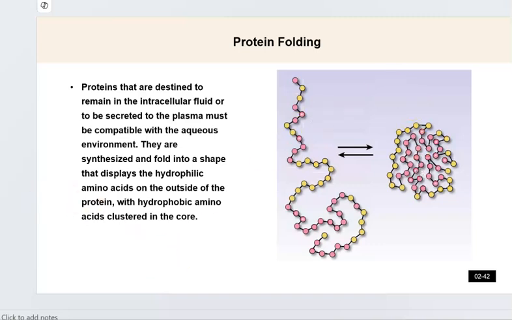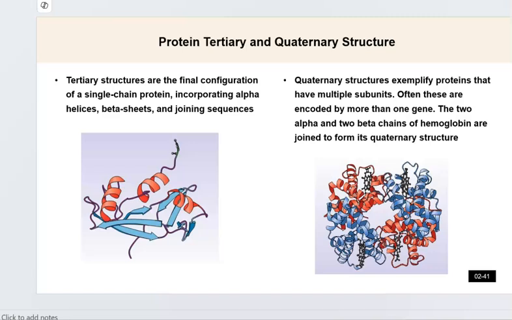Then the book goes into the quaternary structures. Quaternary, I'm not really sure how to say it. Quaternary structures, I'll say that. I don't think I'll probably say it the same way twice. Anyway,